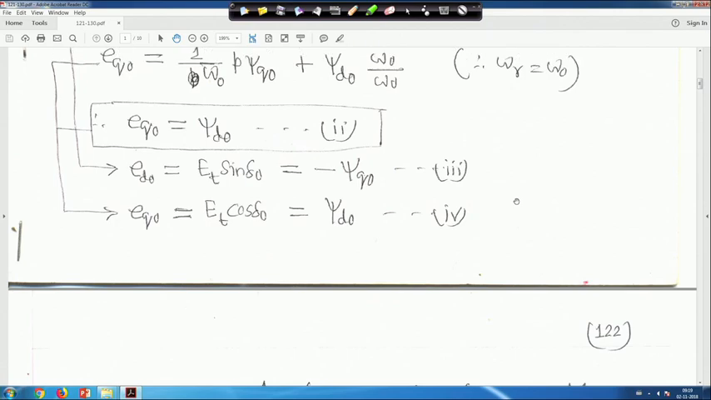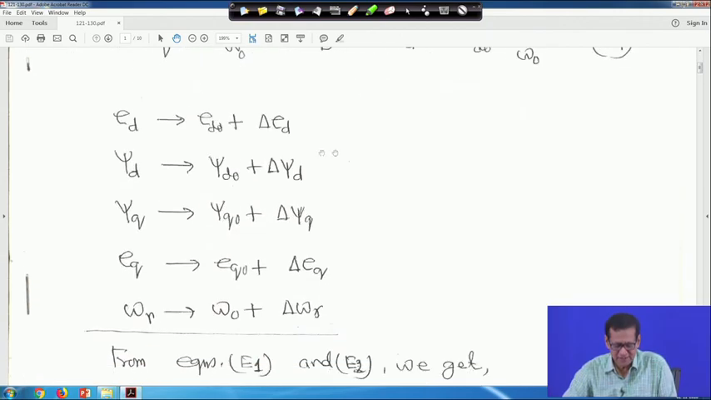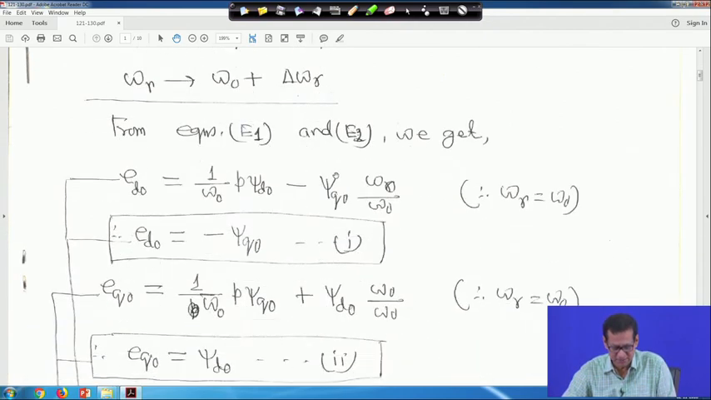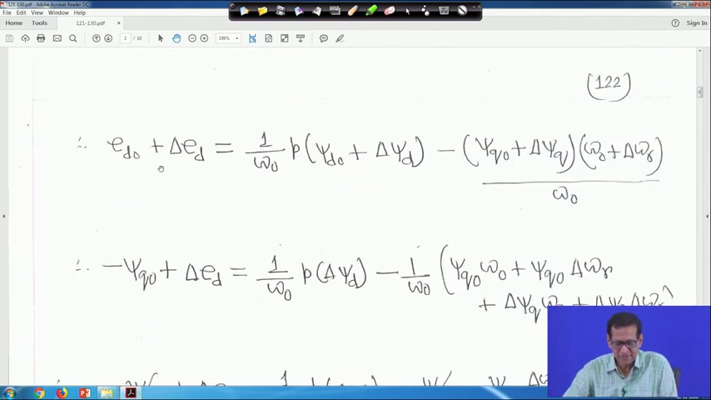That means now, also look at this one, in equations E1 and E2 you substitute all these relationships. First in equation E1, if you do so, ED will become ED0 plus delta ED, and is equal to 1 upon omega 0 p psi d will become psi d0 plus delta psi d, minus this term that was there, psi q will become psi q0 plus delta psi q, and omega r will become omega 0 plus delta omega r, divided by omega 0, right. Now, if you simplify,